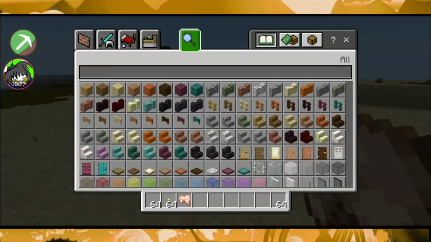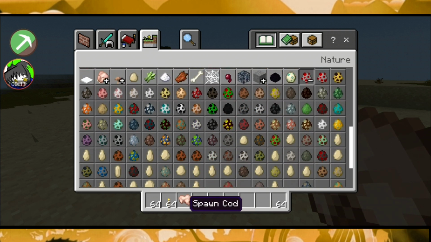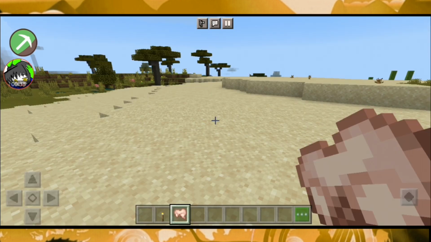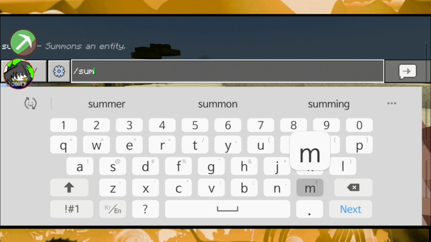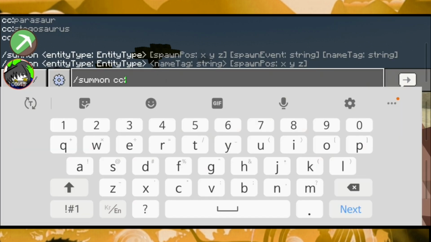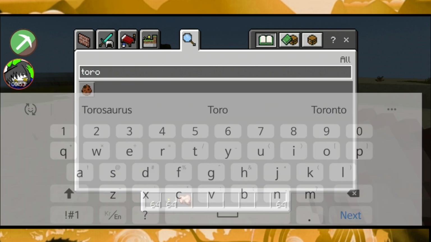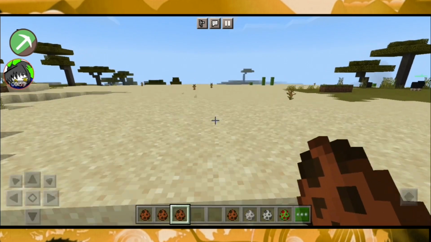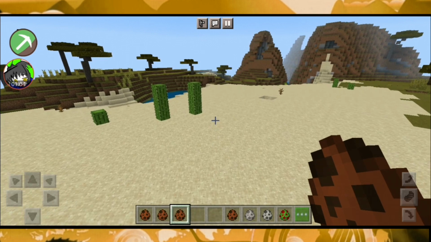So first, this add-on actually adds in quite a few new creatures. So let's go ahead and look at the new creatures that we have. We'll just have to summon them in by ourselves, I think. Alright, so this add-on only adds in 5 creatures from now on,